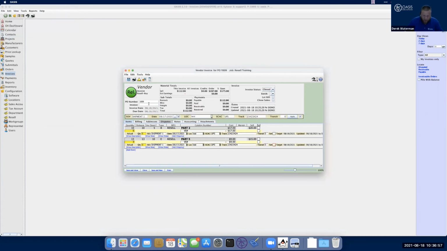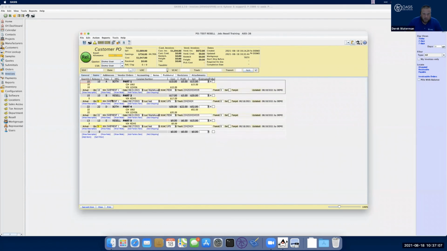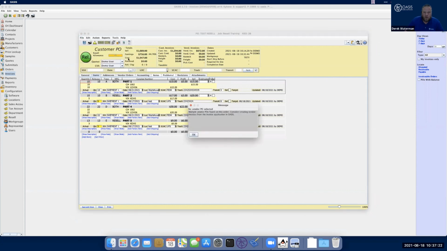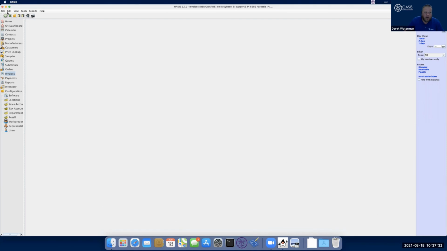Oh, yeah, I forgot to put an invoice number. Save. Go back to the order so you can see there's the partial shipping. It has its yellow highlighted to kind of draw your eyes that not all of them have been shipped. So if I do file new vendor invoice from this order, oh, sorry. The reason why I can't do that is because I have multiple manufacturers on this. So you have to go to the invoice section and do file new